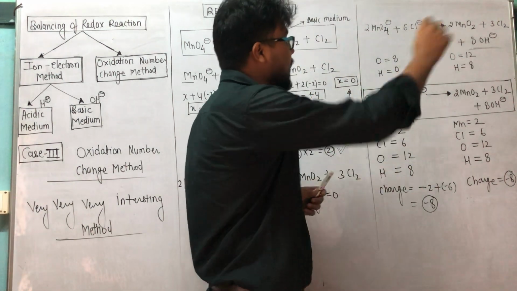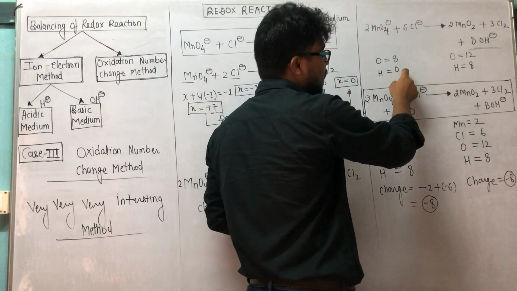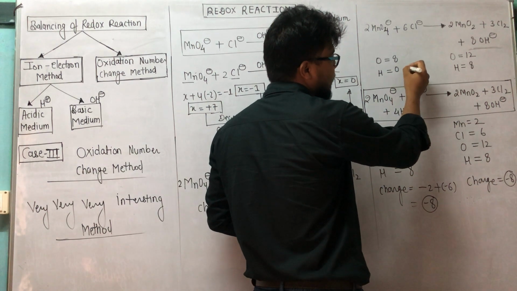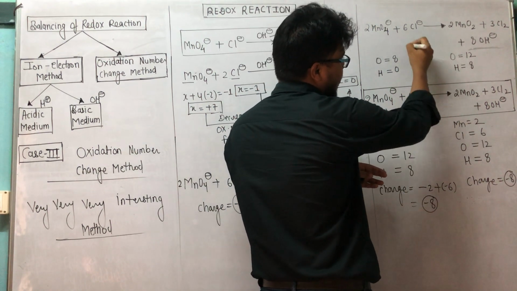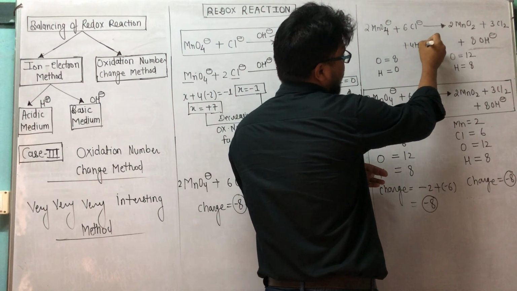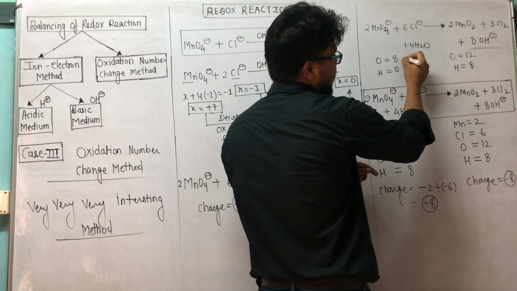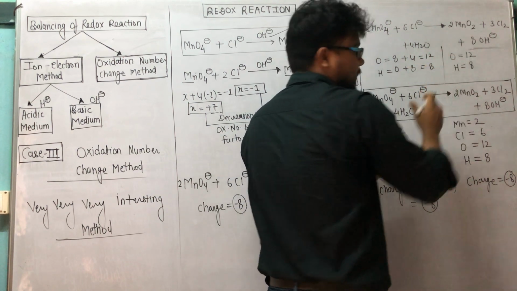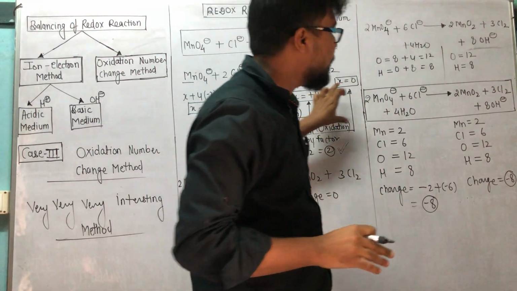So what I will do, I will add here total 4 water molecule, so that further the H atom will be, check, we can write here plus 4 H2O, so that H atom will be plus 8 and oxygen atom will be plus 4. Now value is 12 and it is 12. It is balanced or not? Answer is yes. So we can write in complete box.